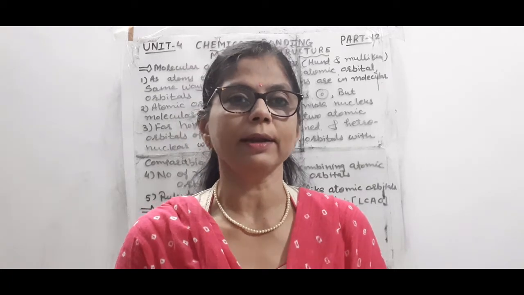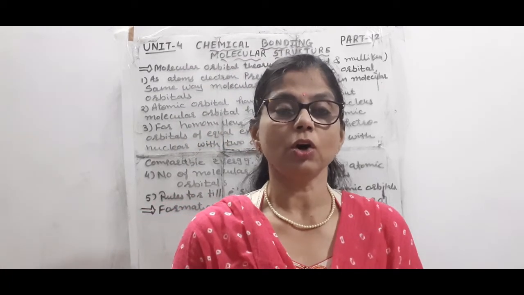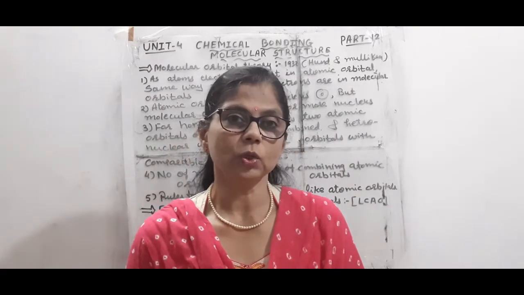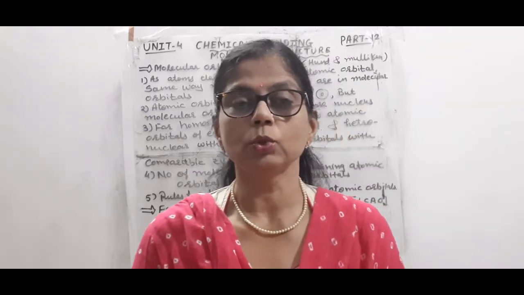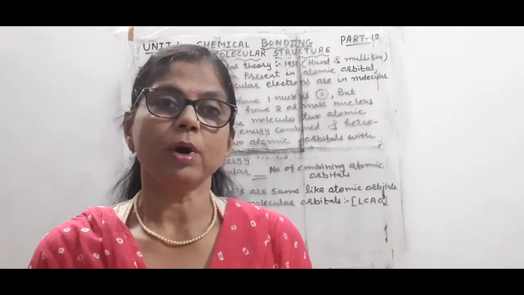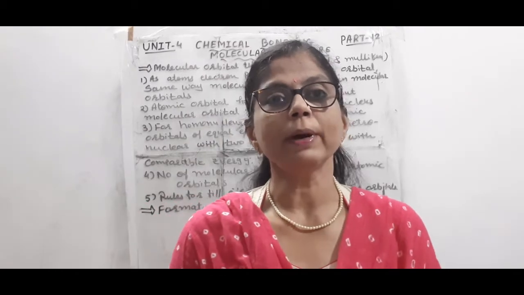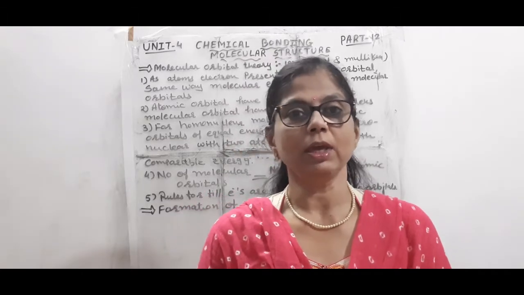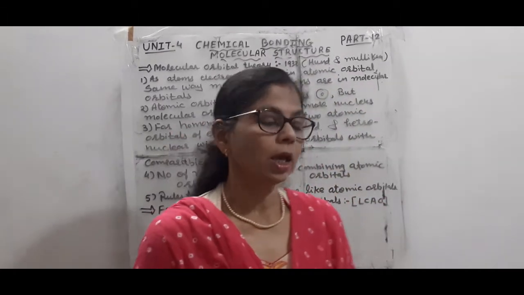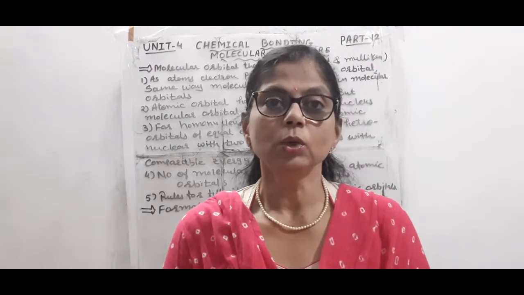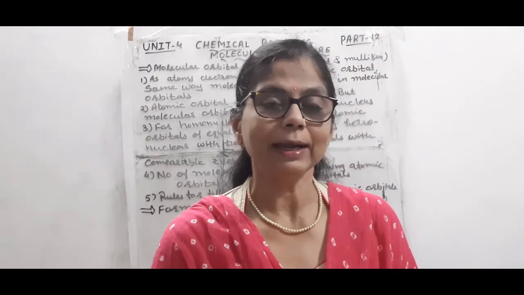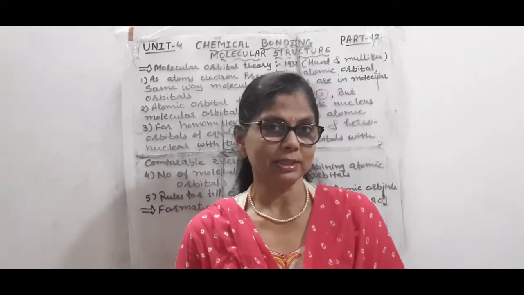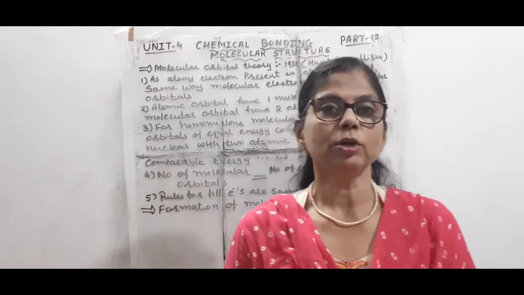As students, we have studied the formation of atomic structure or electronic configuration, how the electrons enter and how the atomic orbitals are filled one after another by different rules, for example Hund's rule, Pauli's principle, and Aufbau's rule. Those rules are followed by the electron to fill the atomic orbital. In the same way, Hund and Mulliken have given a theory named molecular orbital theory. So after studying VSEPR theory, now I am going to explain this.